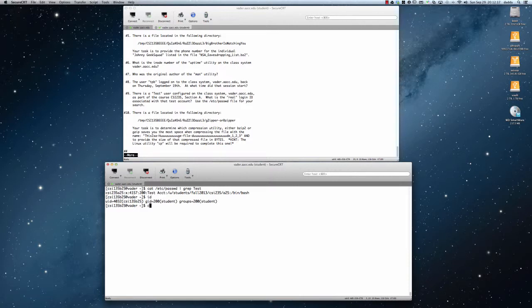So let's check. Let's cat the /etc/passwd file, and let's grep for CSI135B25, and sure enough, there's the third field, which is my UID, and it matches the output from the id command. So the correct answer,